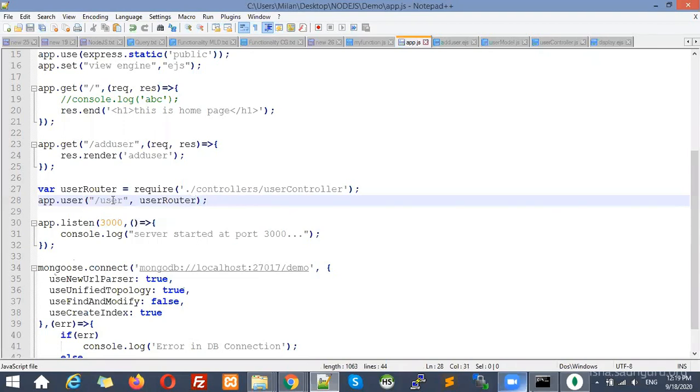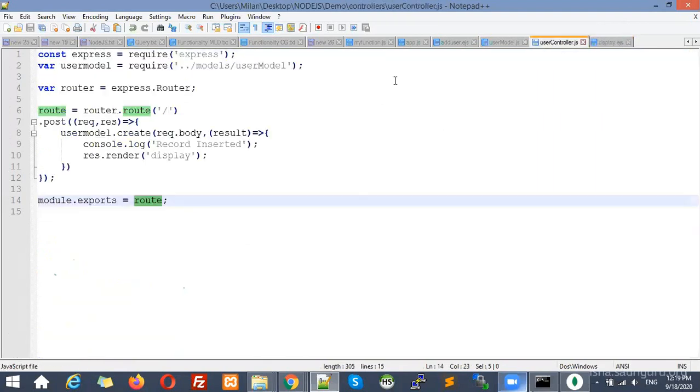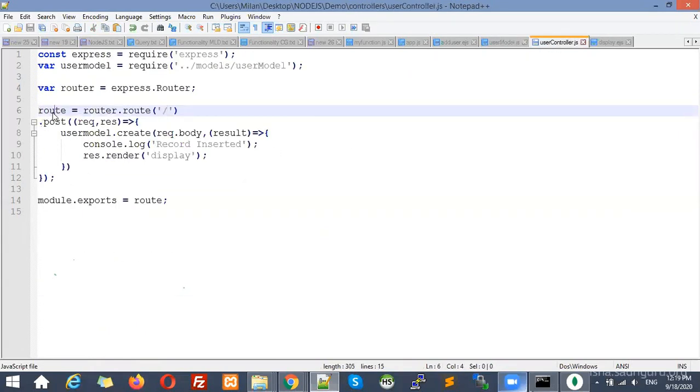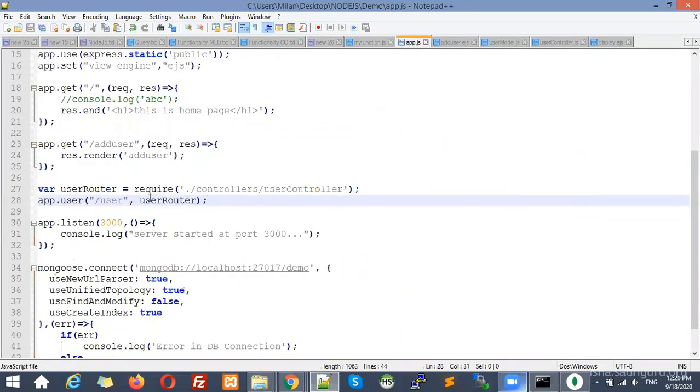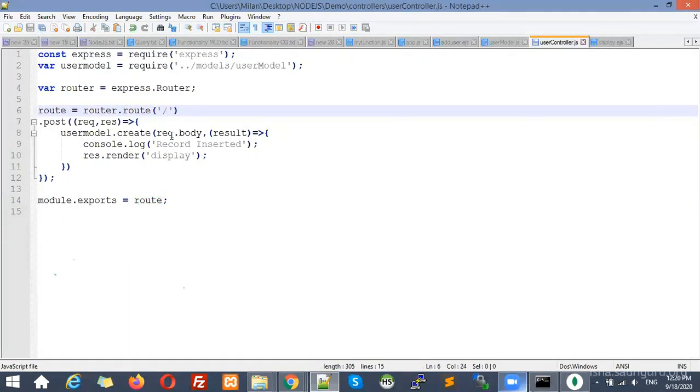Now it is linked. See, I told you that here I have just mentioned slash, still it will be considered as slash user. The reason is that I am going to export this router to this app file, and in this app file I have passed that router. So slash user I have added. After that, what will it add? It will add the slash, whatever I have mentioned inside the router. For example, if I have written ABC over here, ABC will be added after the user.